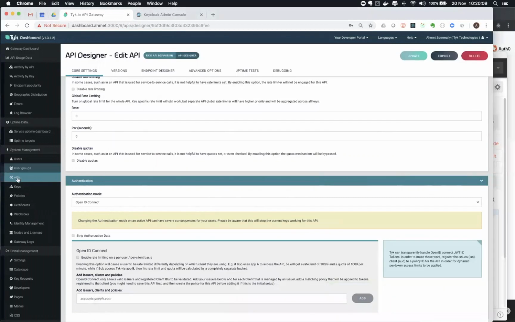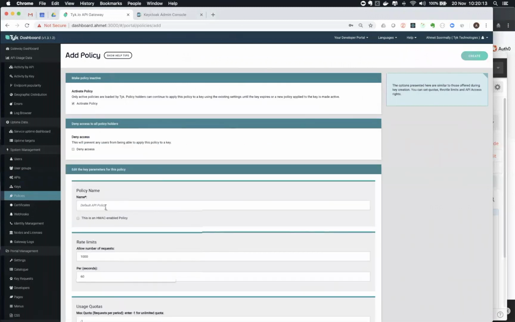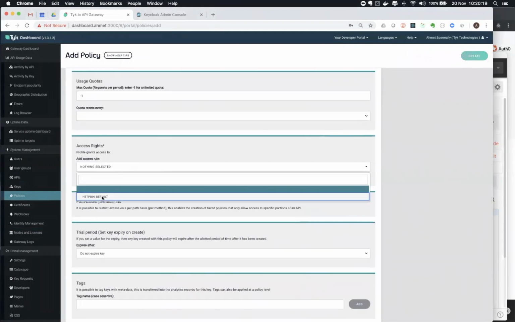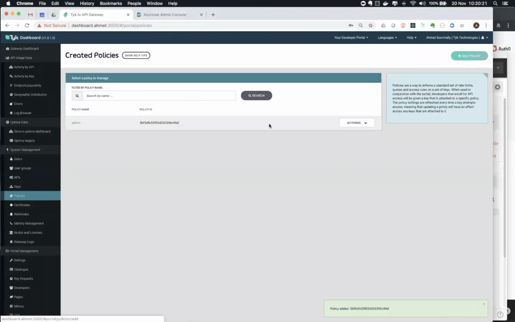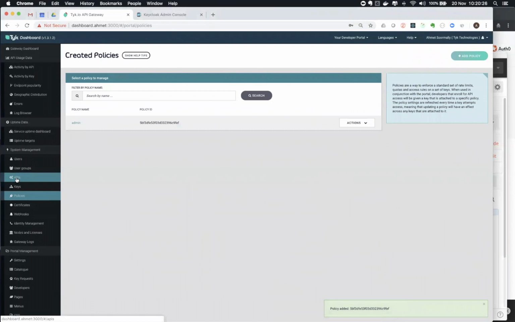It's working fine. So let's create a policy, add the policy, and I'm going to call the policy admin. And this will grant access to the HTTP bin service. Create that. Now, heading back to the APIs,